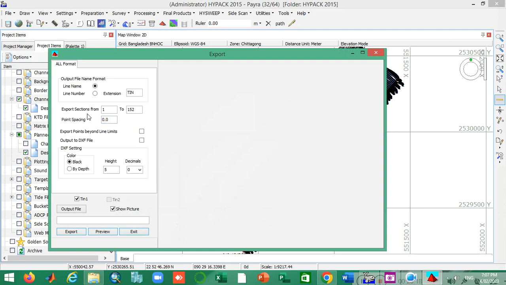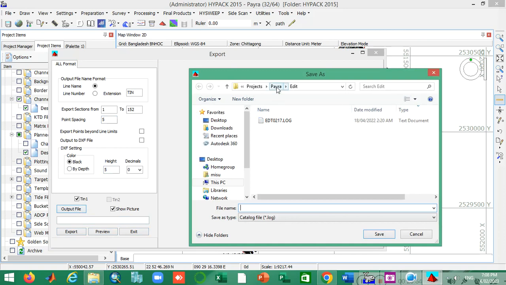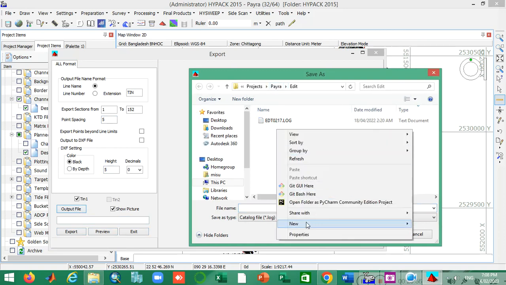You can see the line number, and there are 1 to 152 cross sections there, and if I set a specified point duration, then it will extract the points at an interval of specified point. Okay, so that's one spacing. Actually I set here 5, that means in my design section it extracts data at an interval of 5 meter along the cross section. Okay, now output files, and then it is also an edited file, so I have to save